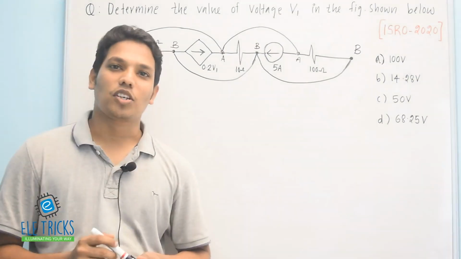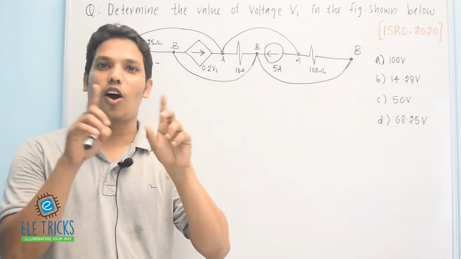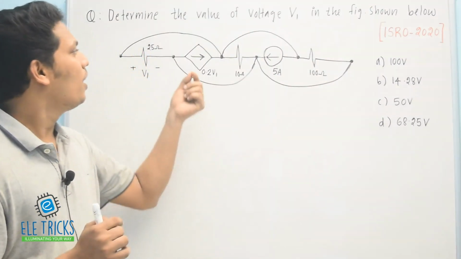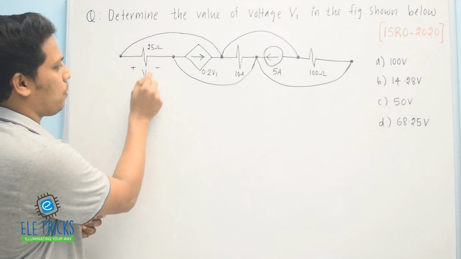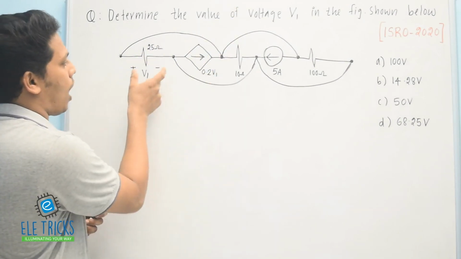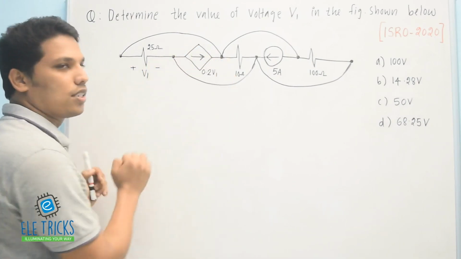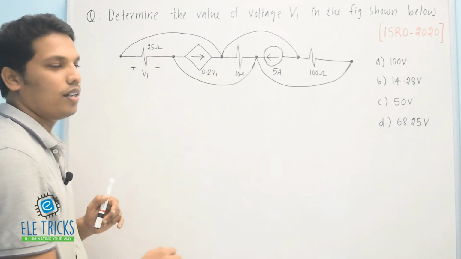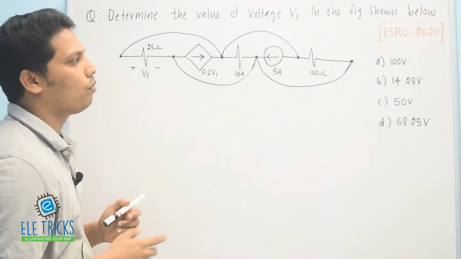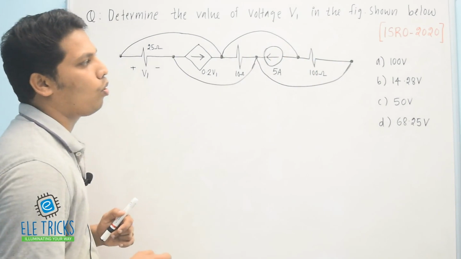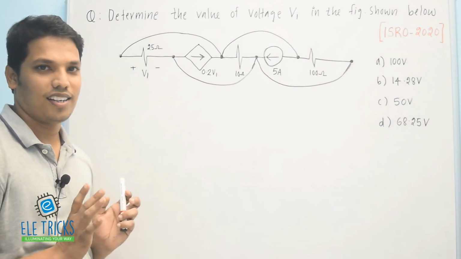Most of the students are confused only because of the structure that is given. Actually the topology is our problem. From the circuit, see the 25 ohm resistance, marked as plus or minus V1. The objective is to calculate the voltage across this 25 ohm, but a dependent voltage source is there, whose value is 0.2 V1, connected with a series resistance of 10 ohm, connected to a 5 ampere current source, and a 10 ohm resistance are connected, and some short circuit is there, right?